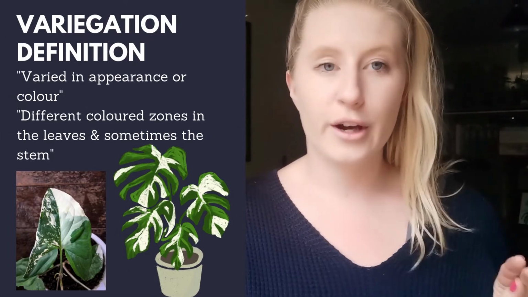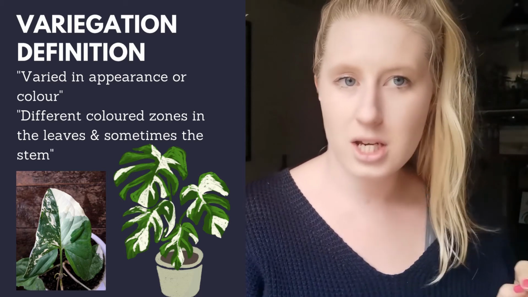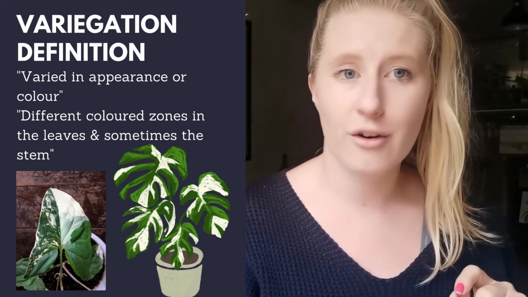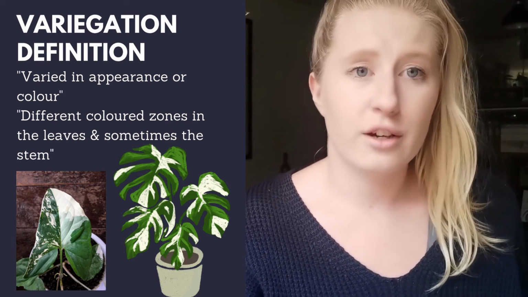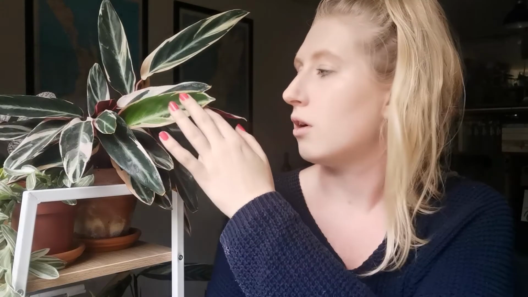Okay, another good question, kind of related to the previous question, was variegation. If we do a quick Google of what is variegation, the definition is a variety of colours. So basically it's just when you have a plant that has lots of different colours in the leaves. For example, my Stromanthe right here that you can see, we could say it's variegated because it's got multiple colours. The most common variegation is white, so green and white, but you can have green and pink, you can have green and yellow, lots of different colours as well. But that's pretty much what variegation is.